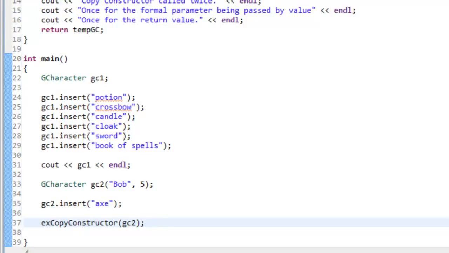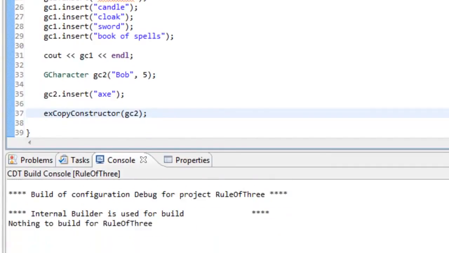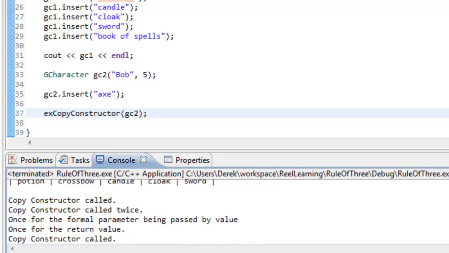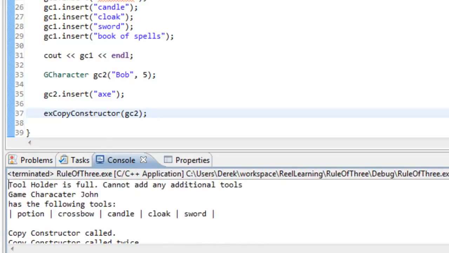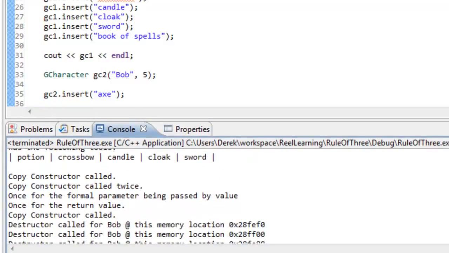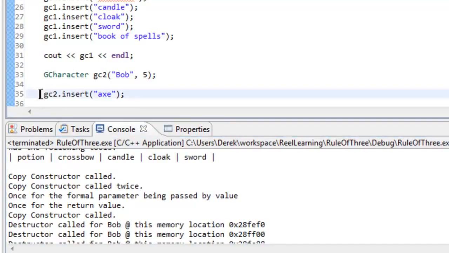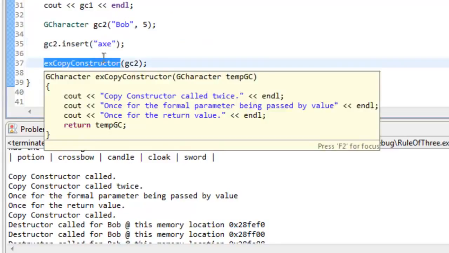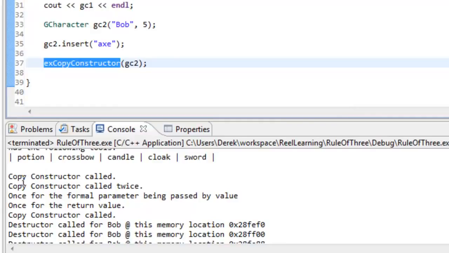We'll save that and build it and run this. All right. We got a lot of stuff going on here. So we've got the same code that we saw before from our first few statements. And now you see that whenever we got to this particular line of code, whenever we did gc2.insert ax, we were okay with doing an insertion there, so we didn't have any problems since we have 5 elements. So that didn't output anything,